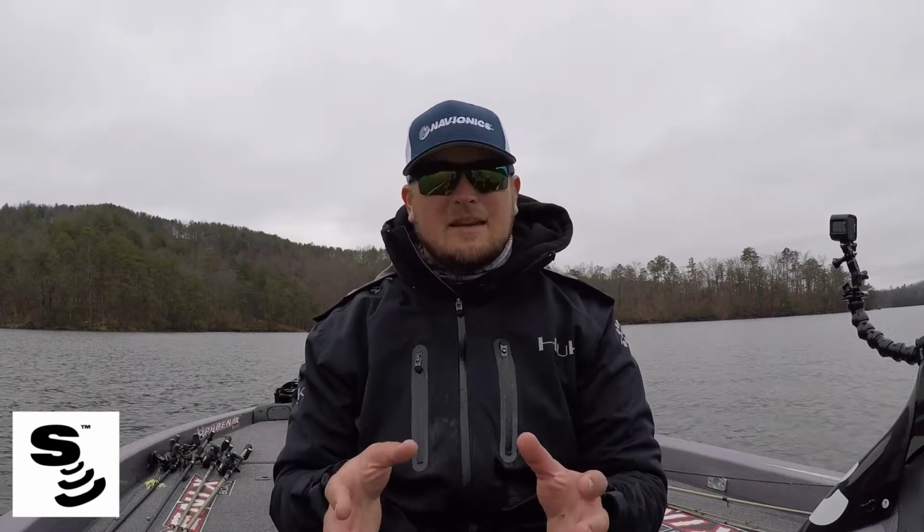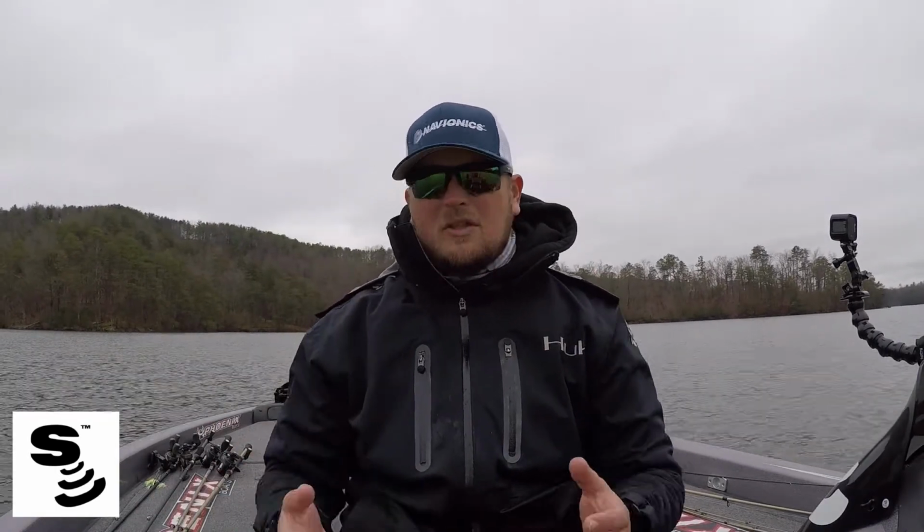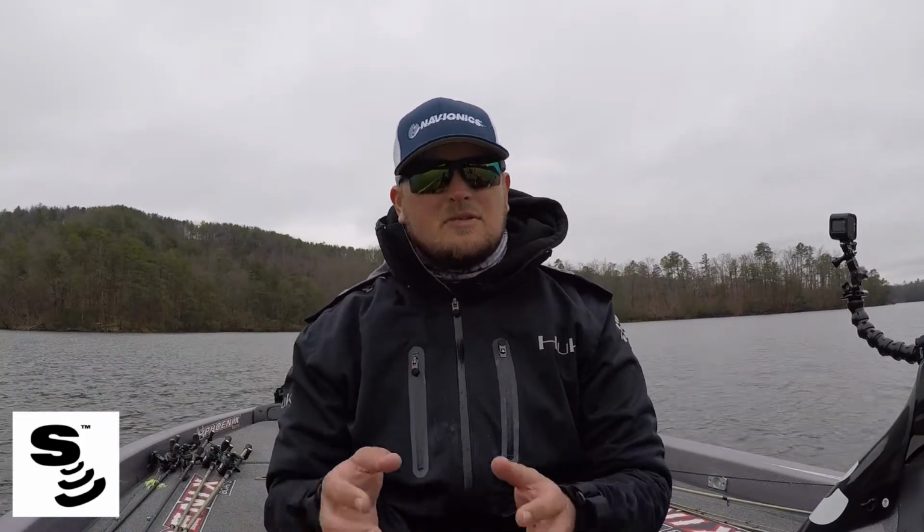What's going on, everybody? Sonar here, and I'm on this lake that has a ton of steep structure. It's really deep, it's really clear, and it's got these big spotted bass. And one of the things that I like to do, especially during the winter time when these fish are focused